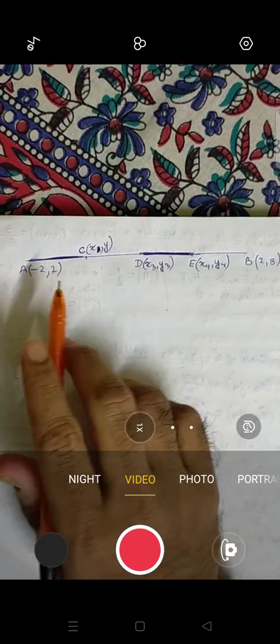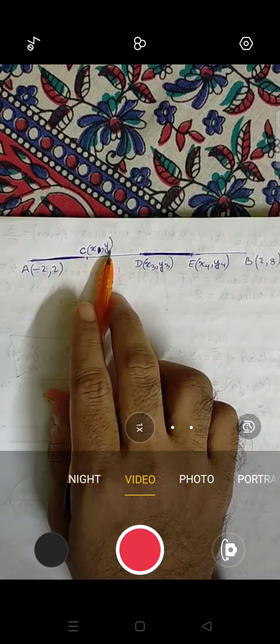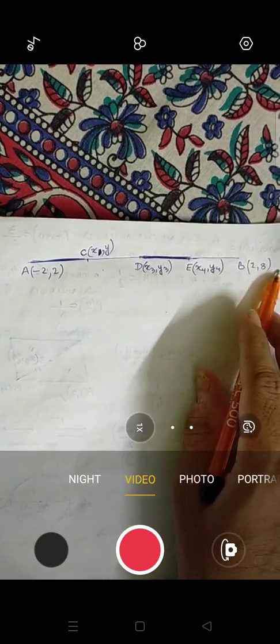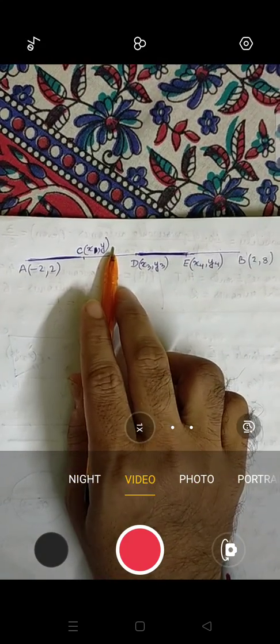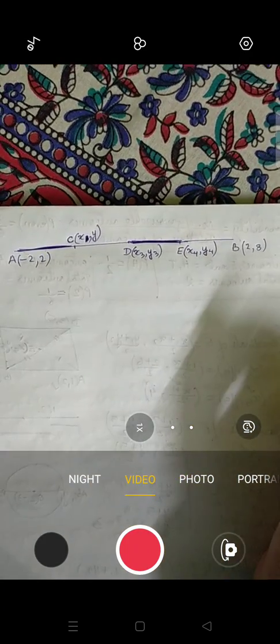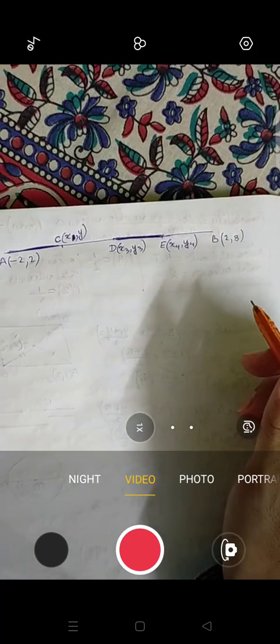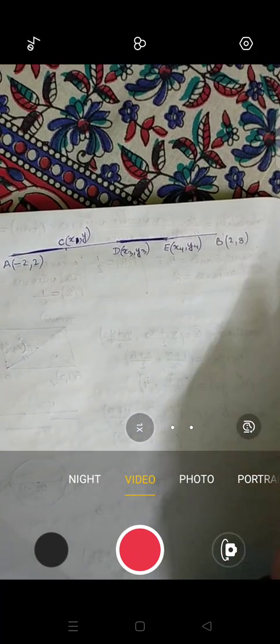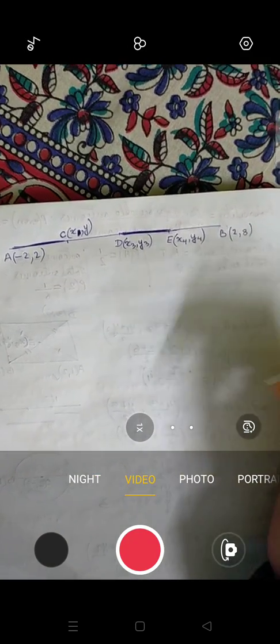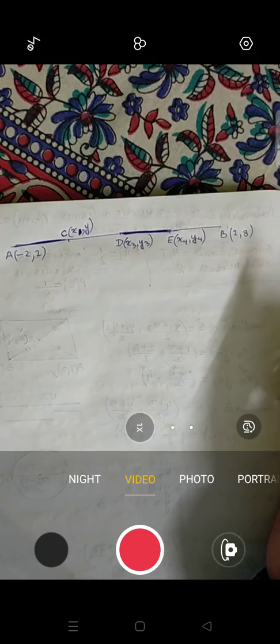Okay. Now I have taken this one as x and y, because this is x1 y1, x2 y2, this is x3 y3, this is x4 y4. Now many students do it differently, so check how they find their answer. The way I have taught you, you can do it that way also.